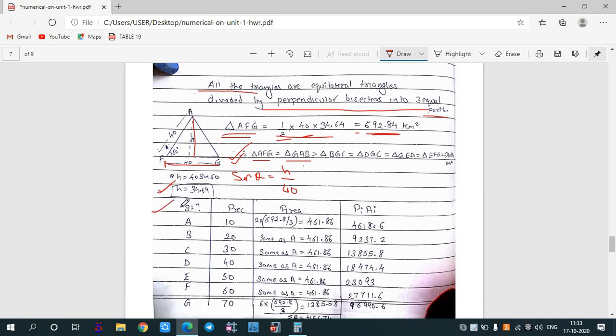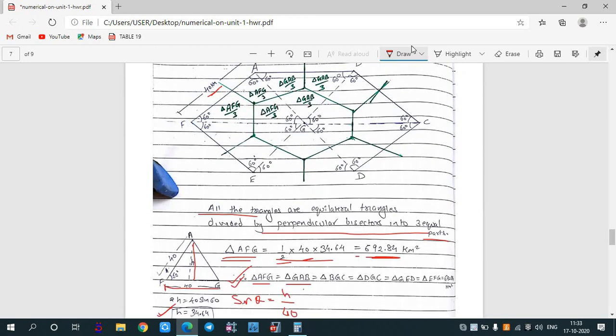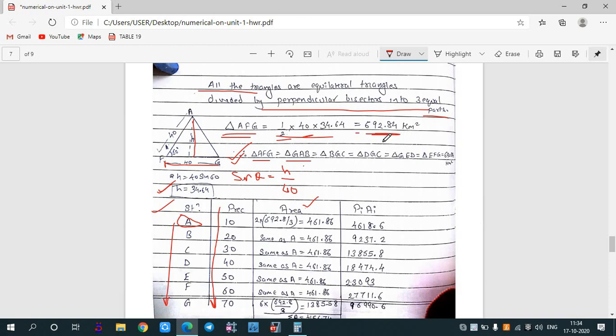In the table, we are writing all the stations A, B, C, D, E, F, G. In the second column, we are writing the precipitation values which have been given in the table, that is 10, 20, 30, 40, 50, 60, 70. Now what are the areas we need to consider? Under station A, what are the parameters given? You can see that in station A, this part is coming, and this part is coming. That means we divide it by 3.